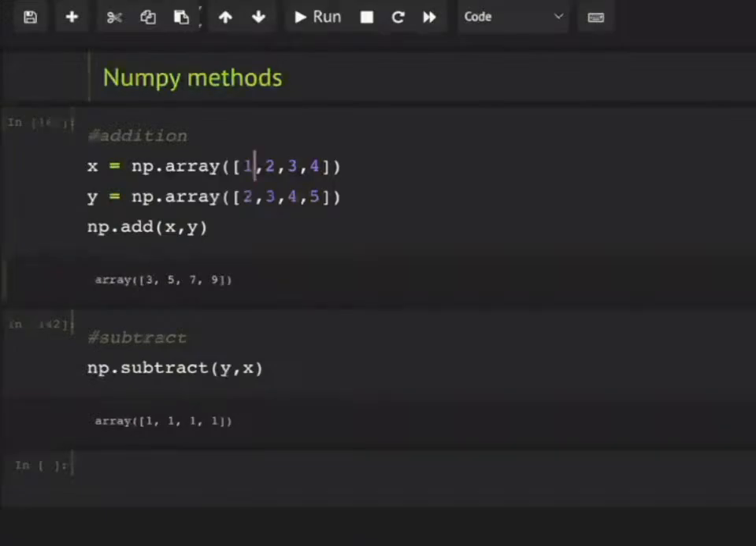Okay. Then you have element-wise multiplication, right? Any element-wise multiplication can be done with multiply. So if I do np dot multiply,